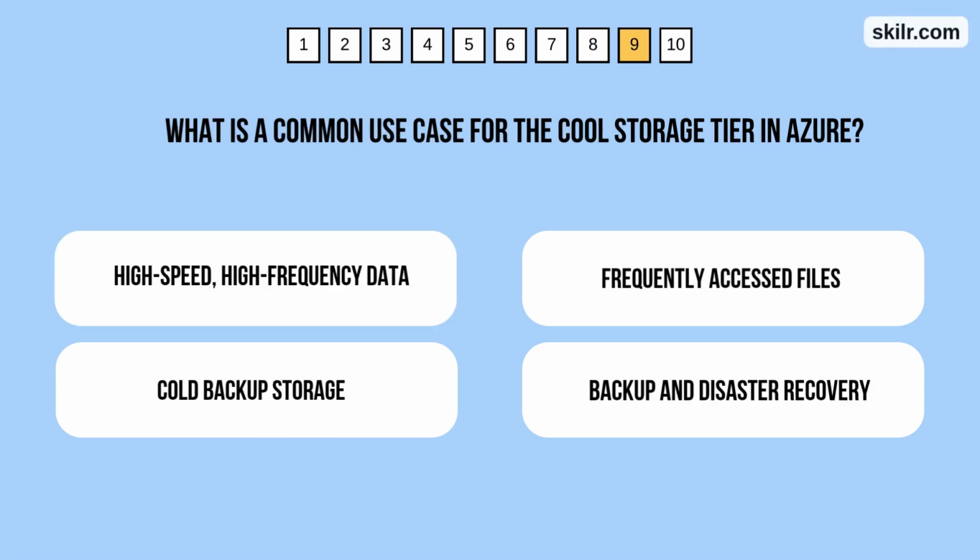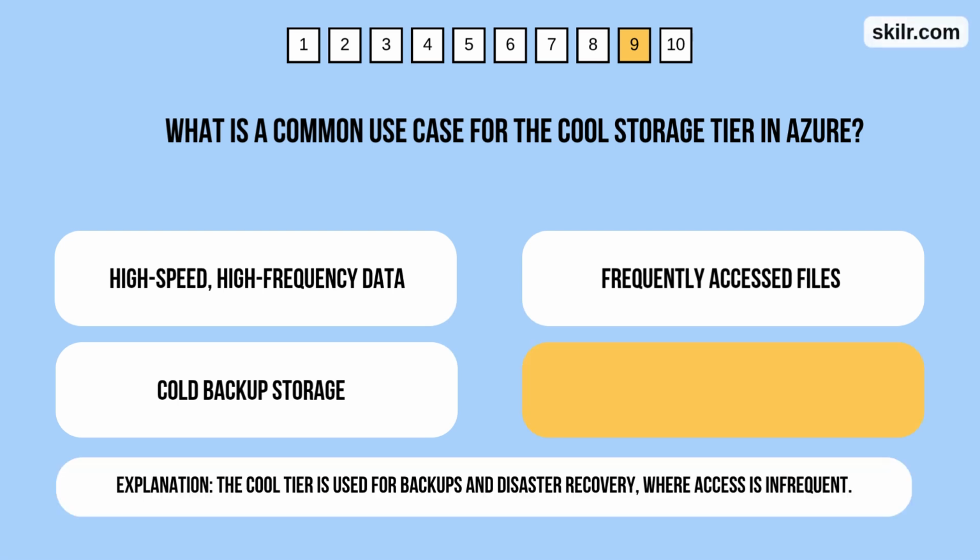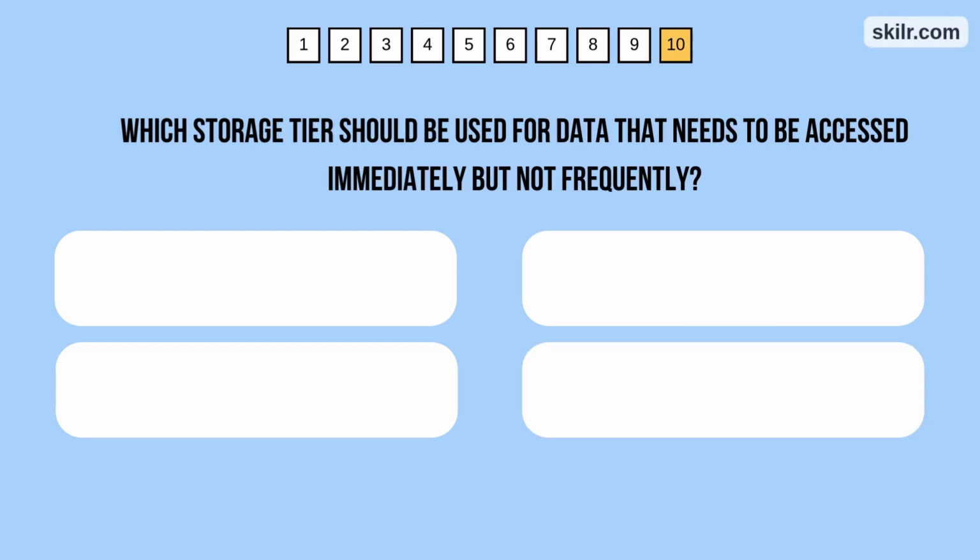What is a common use case for the Cool Storage tier in Azure? The answer is backup and disaster recovery, as the Cool tier is used for backups and disaster recovery, where access is infrequent. Question 10. Which storage tier should be used for data that needs to be accessed immediately but not